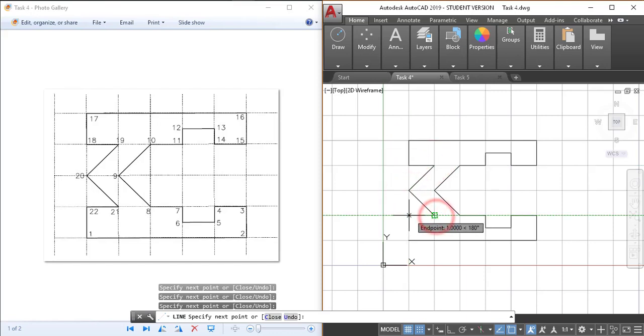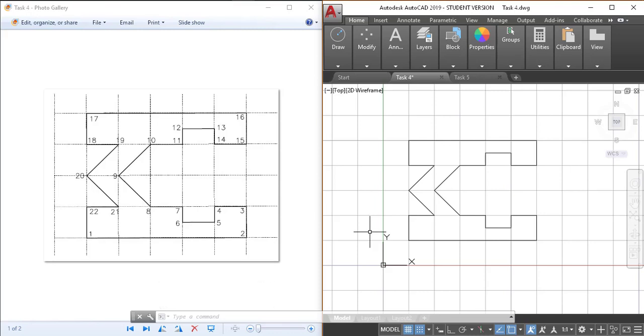After completing our drawing, we can press enter to get out of the line command. In this way we can draw this kind of complex drawing without entering even a single coordinate, just by clicking on the screen using the snap mode option. Now we will